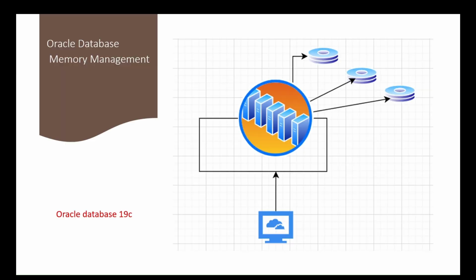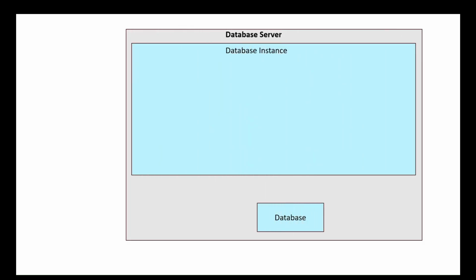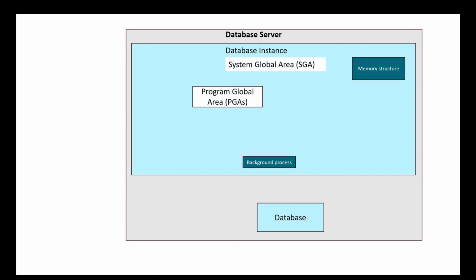Hello everyone. In this session we are going to learn Oracle Memory Management in Oracle Database 19c. The database is basically the combination of two parts, which are database instance and the physical database. When we say the database is started, we mean that memory is allocated and background processes are started. The basic memory structures in the Oracle database are System Global Area or SGA and Program Global Area or PGA,